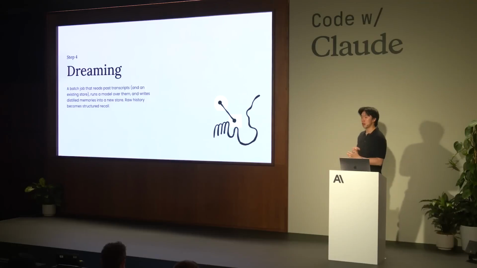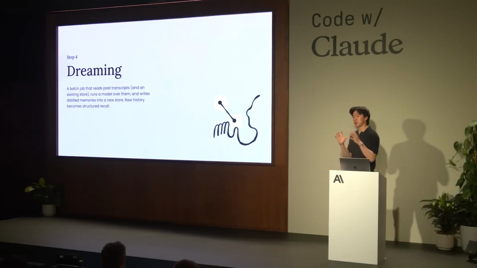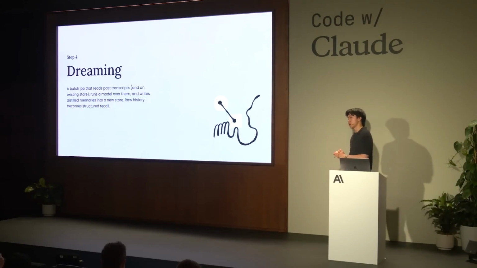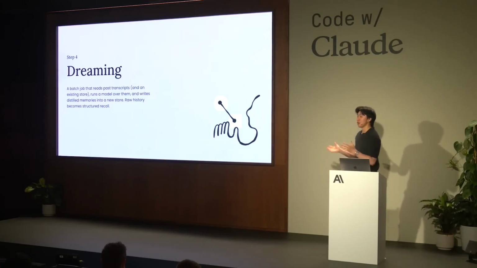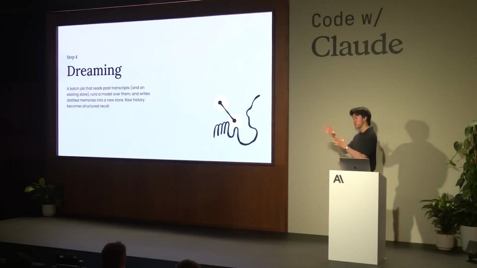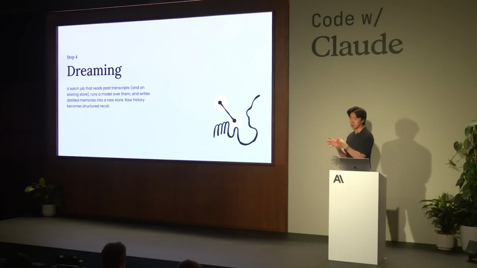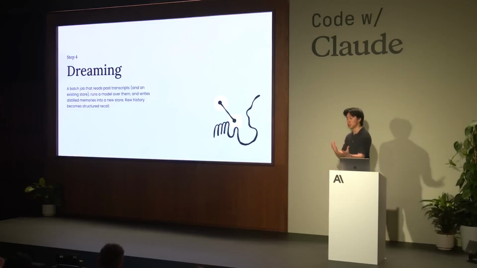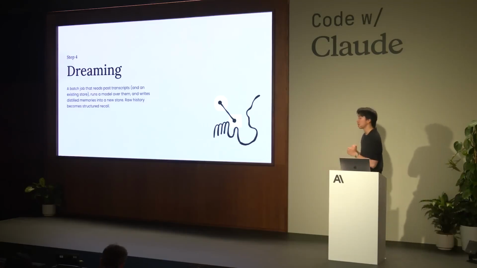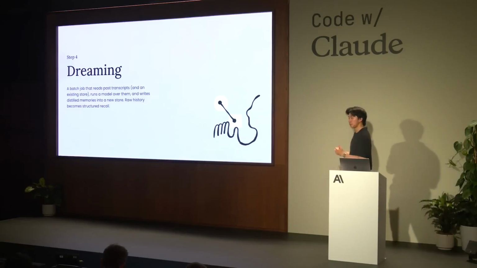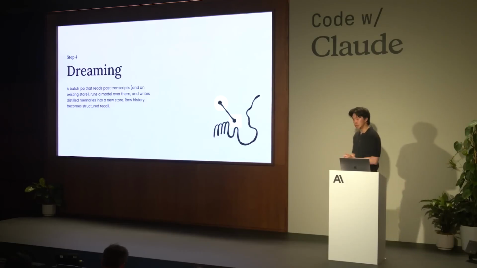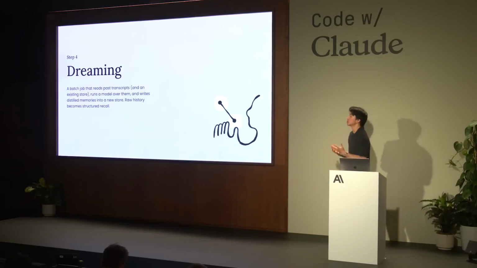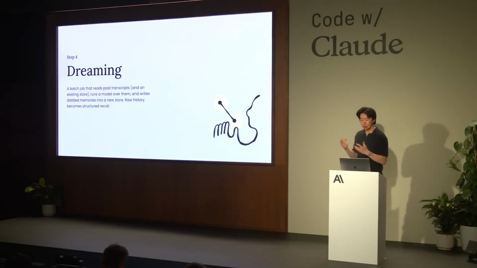You launch it using our API or through the console, and it'll run a new dreaming harness that we built that is a multi-agent setup. It will look over each of the input sessions that you've given it. So you specify an input memory store that you want it to dream over, along with a group of transcripts that you think might help or enrich that memory store. It'll look through each one, do fact checking again, enriching with additional details, maybe dates, specific identifiers, and then it will also